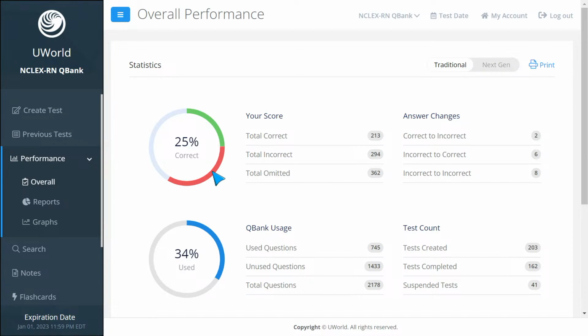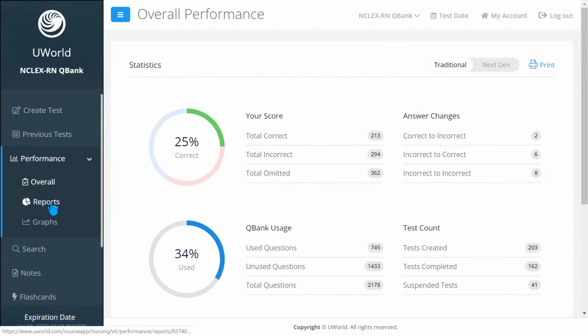So once you have more than half correct, again, this is a very simplified version of it, that is the pass or fail. And so when you see that you only have 60-something% on UWorld, don't freak out at that. That's actually a pretty good score because you are well within what you need to get.